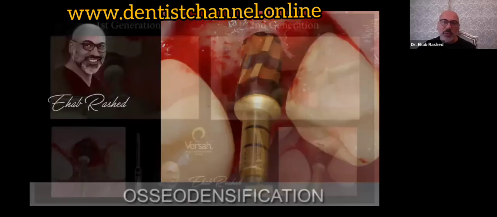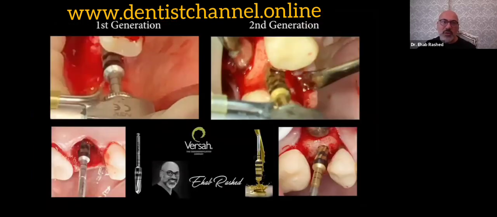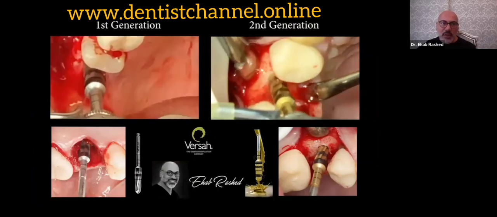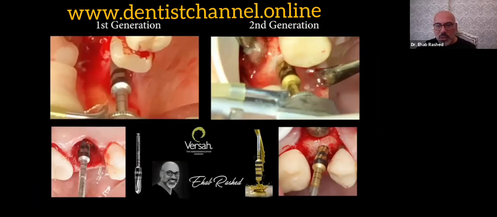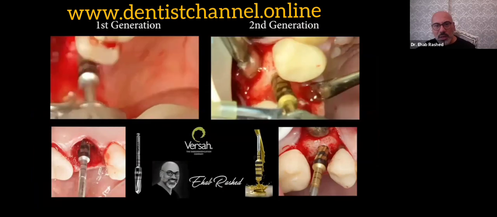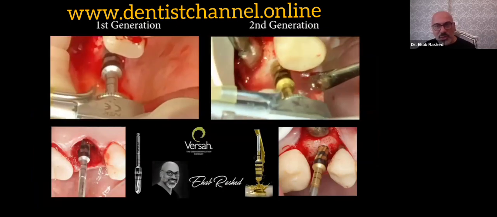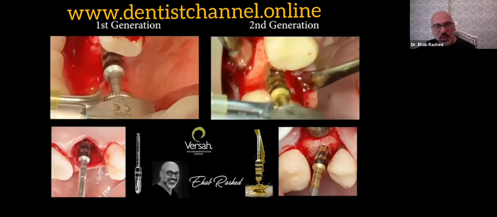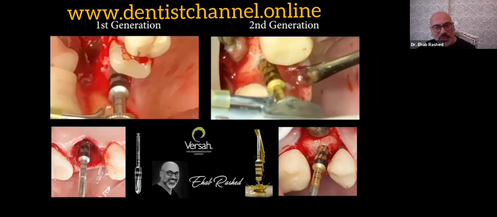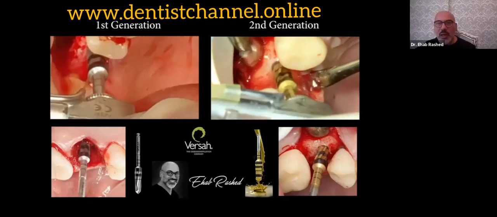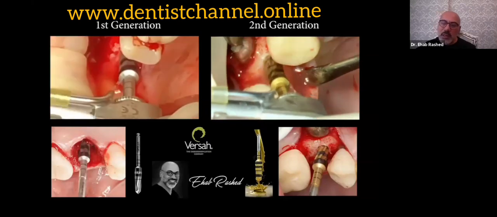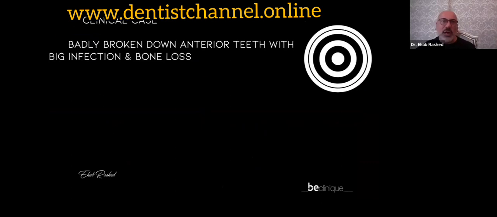And one of the important things when you do this densification is that you have to have lots and lots of water and lots of irrigation. This irrigation is very vital, because what does it do? The irrigation will moisten the bone and make the collagen in the bone softer, so you can compress it and expand it. Because remember, we are only compressing. So when you compress the bone or you are densifying the bone, you have to make it very wet. So we're going to go now into a clinical case to see how we can implement all the discussion that we started earlier,